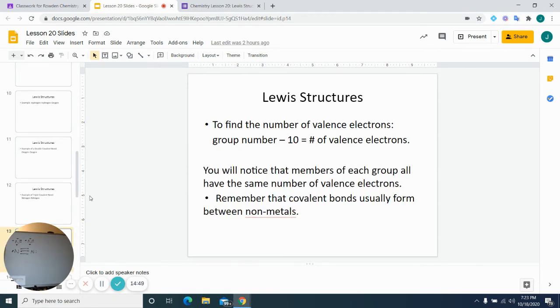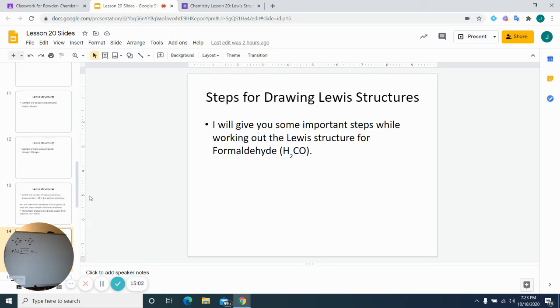So here's some ground rules that you'll do. What you do is you don't need to think about this formula it has up there. I've been going over how to find the number of valence electrons. Hopefully you've printed off the table and written it on top. And so let me do H2CO, and I'm going to do this with you, and I'm going to follow some steps. And then after that, I want you to try to do the rest of the problems that are on